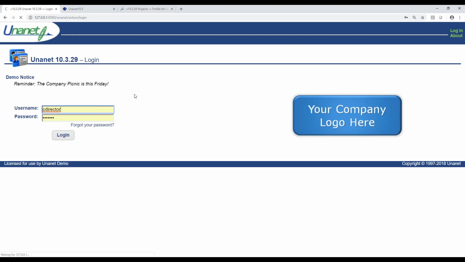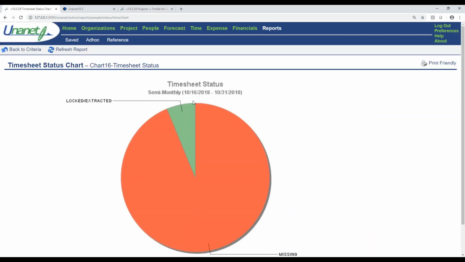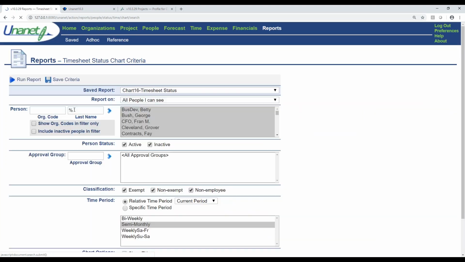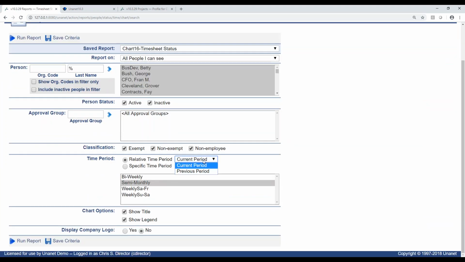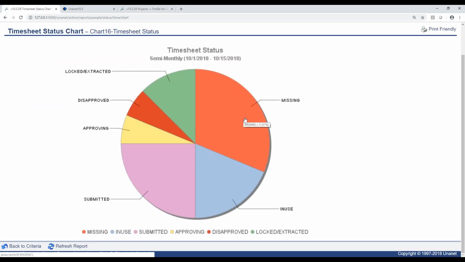So now put your manager hat on, and a manager is going to approve time and approve expense. So here we're looking at timesheets from 10/16 to 10/31. This is a semi-monthly time period. So I'm actually going to change this because really what I want to look at is the previous period. So if I rerun this report, oh boy, now this isn't the data that I like to see, right? So I can see this time period is supposed to be done, and I have a lot of people that have yet to submit their timesheet.